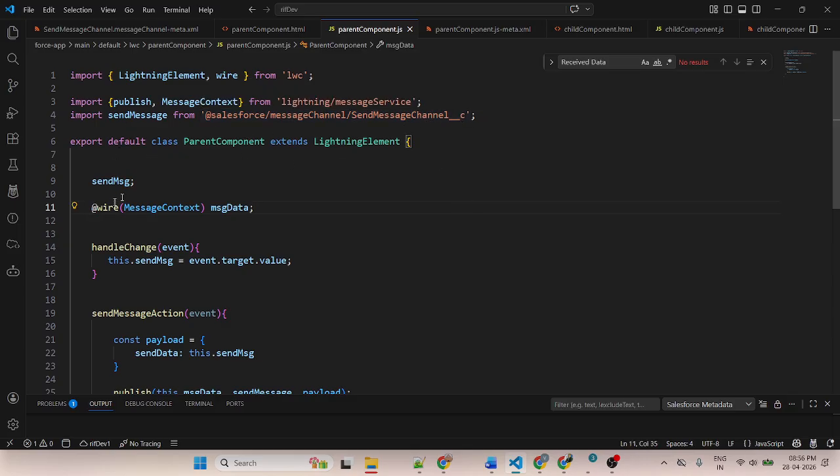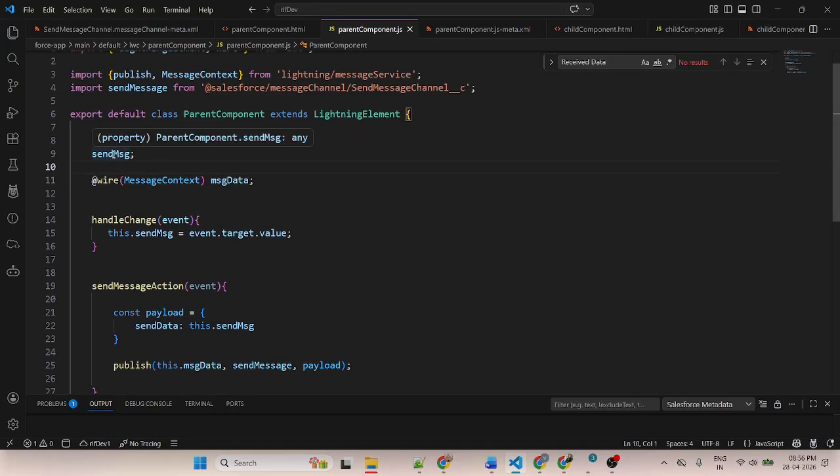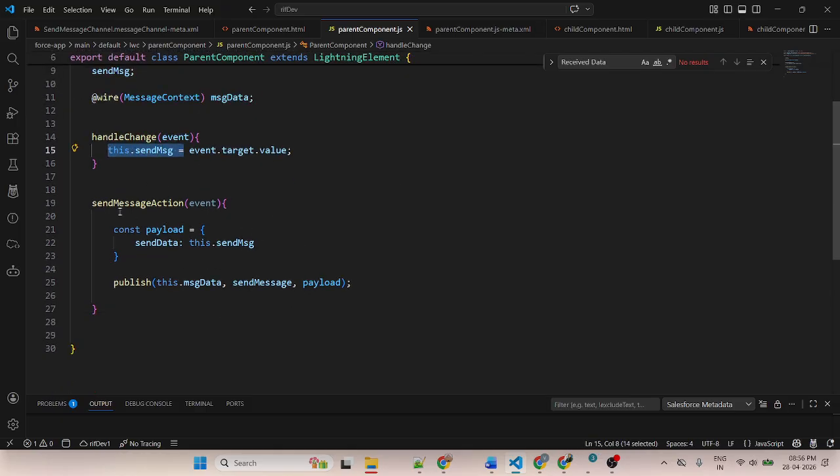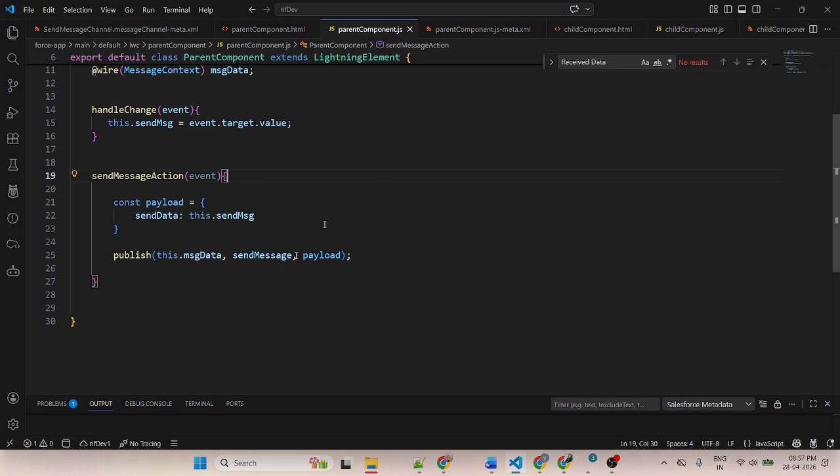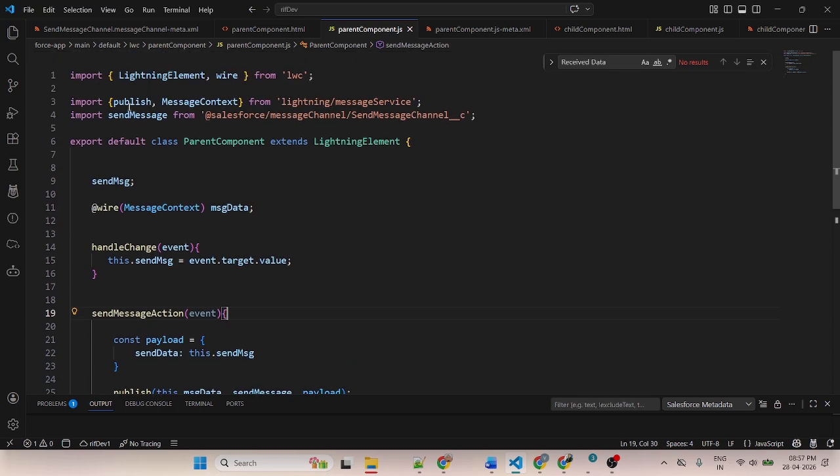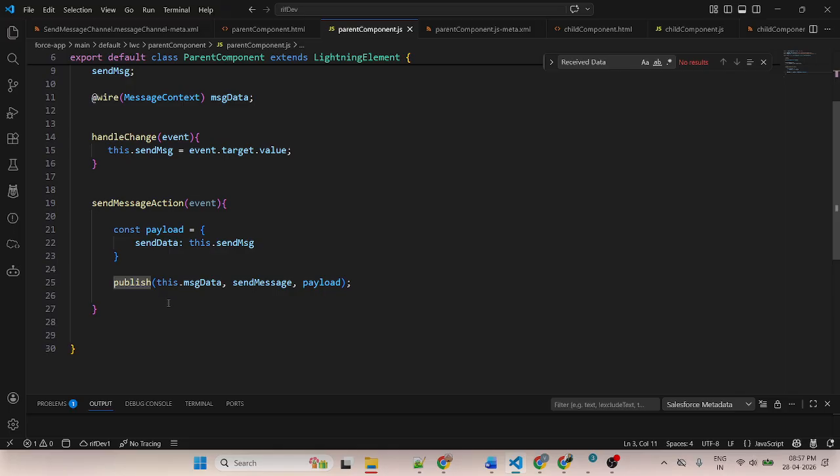After that, this variable is created and stores the current input value based on the handle change. And this is a send message action on a button. So when you click on the button, this publish variable is used here.